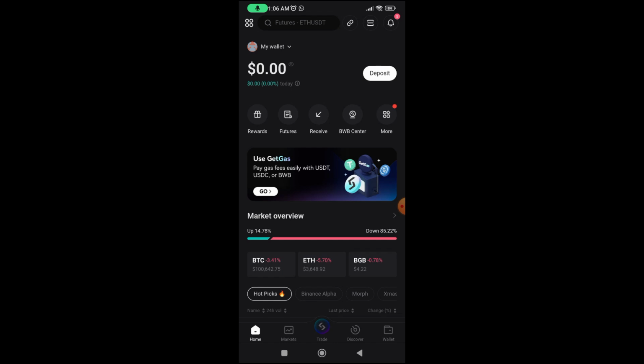How to transfer from Bitget Wallet to Tonkeeper. Now, first of all, we need to open the Bitget Wallet app and make sure you are logged into your account. Now, to be able to transfer from Bitget Wallet to Tonkeeper, we need to tap on